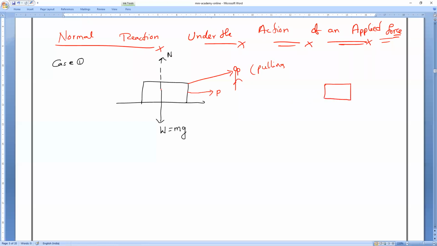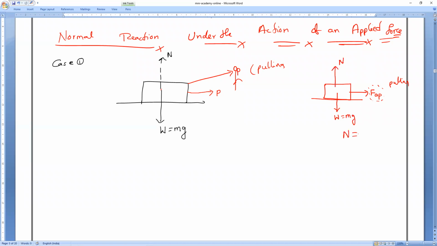All of you remember there is an object on a surface. Now let me take Mr. Kishore for example. He is applying the force like this. F applied, all of you write it. AP means applied force. He is pulling the object over the surface. Then the weight of the object will act in which direction? Downward direction. And there is a normal force acting in the upward direction.